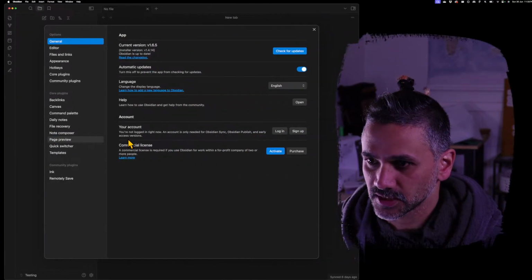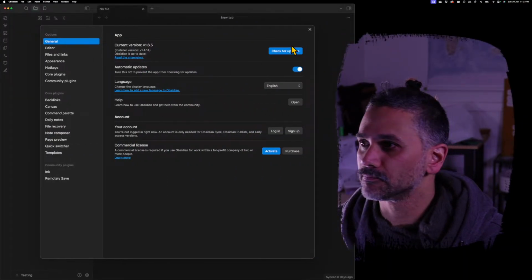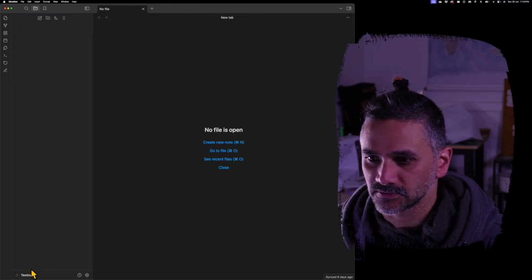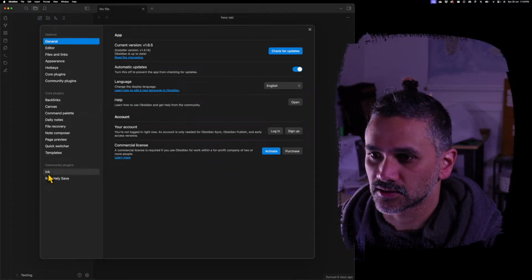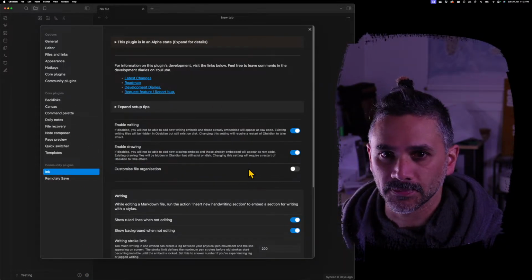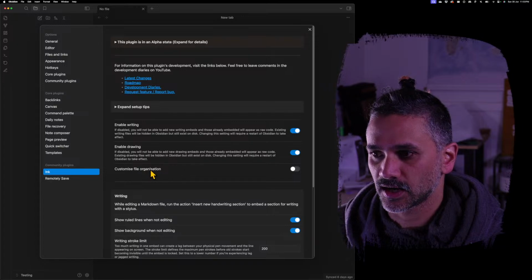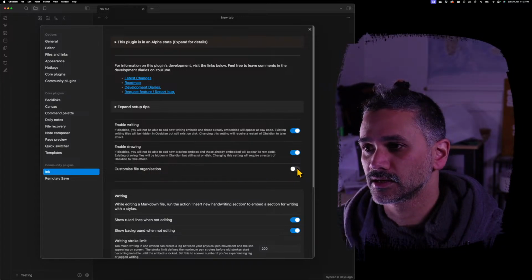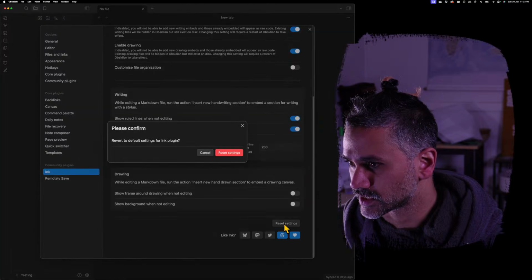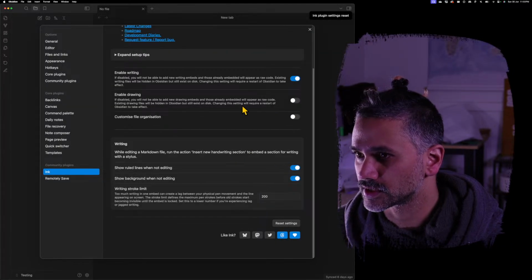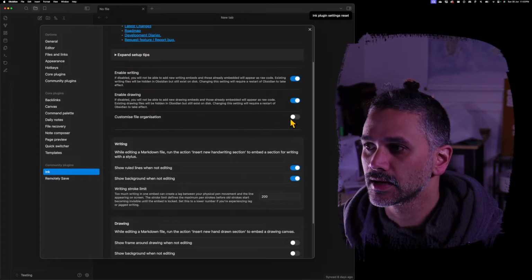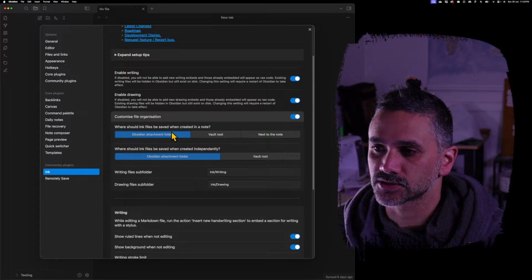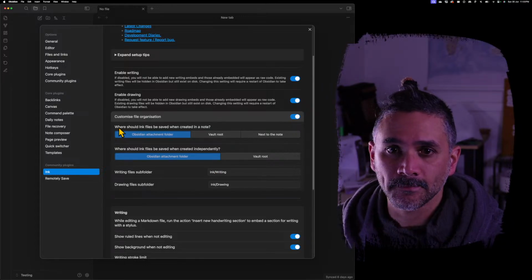Let's have a look what I've done. So this is just an empty vault. If I go into settings and go to the Ink plugin, this is what you would have seen last time. So custom file organization is unchecked at the moment. So if I check that, actually, let me first reset this so that we see the default settings. So I'll turn drawing back on, and then I'll check that, and you'll see the default settings are, let's see